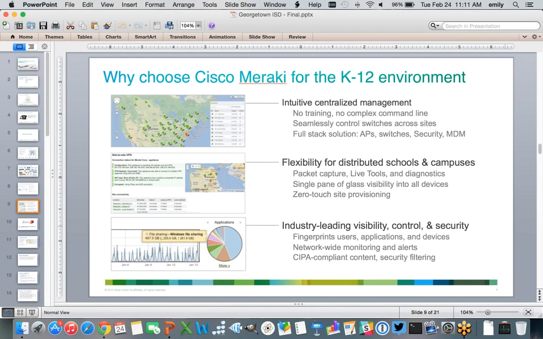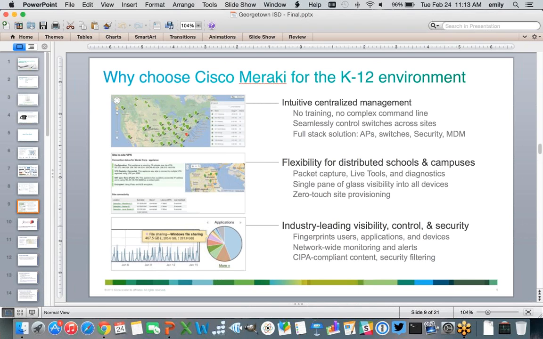Okay. The other thing I would just say and highlight, while you're thinking through this, if you are intrigued, if I had to pick only 3 bucket reasons why you should choose Cisco Meraki for a K-12 environment, these would be them. First and foremost, and you'll see this in the demo, the intuitive centralized management. It's literally second to none. Like I said, anywhere in the world you have internet from any internet accessible device, you can log in, view all your networks, get immediate health and connectivity status information.